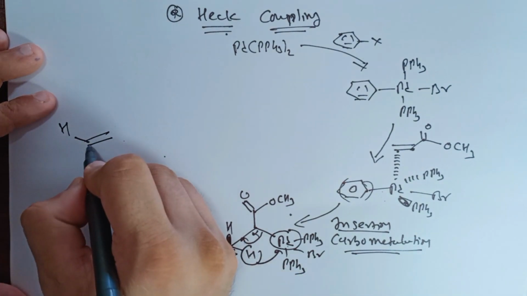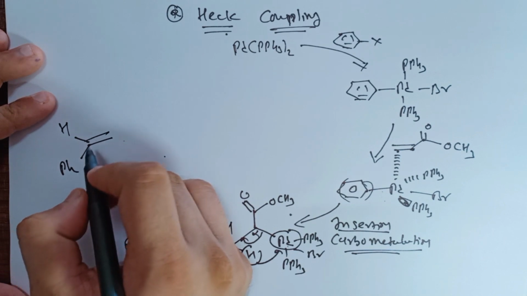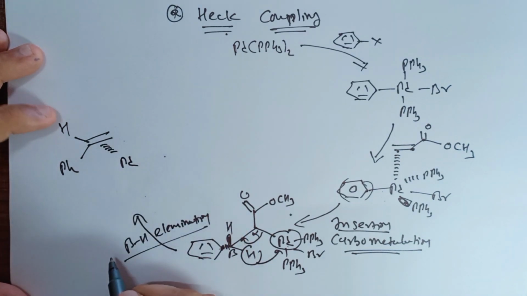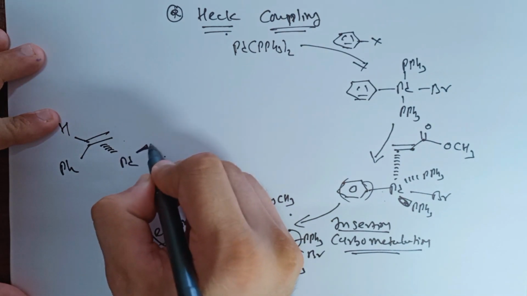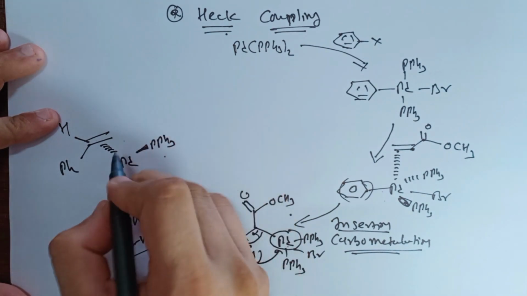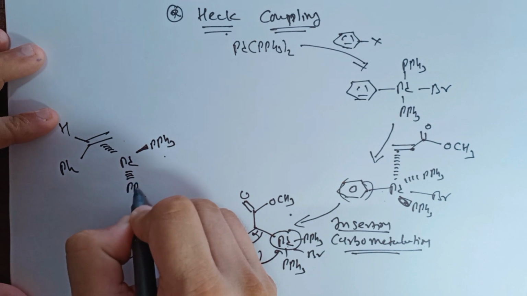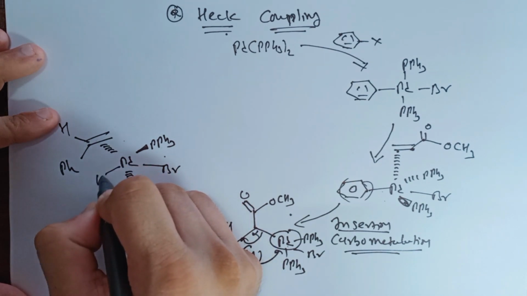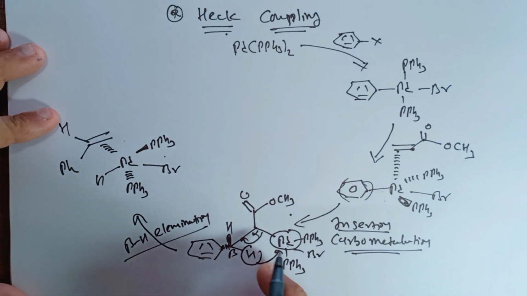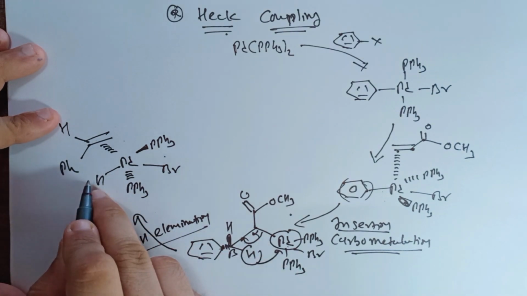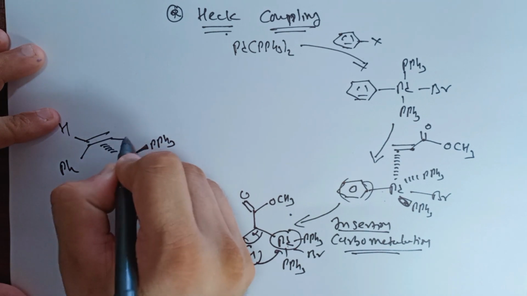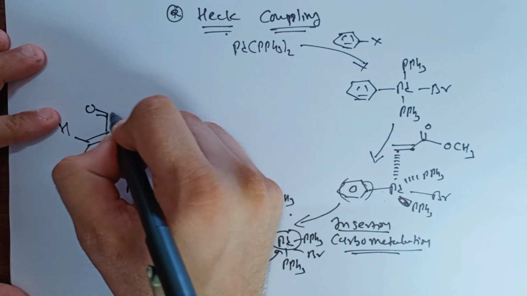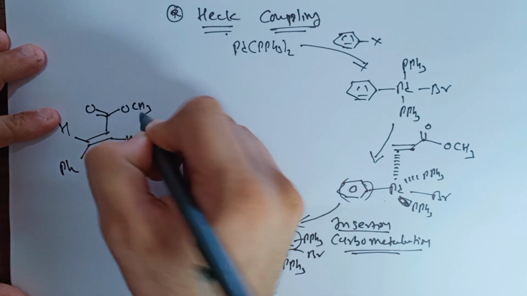I am writing an aromatic ring as a phenyl group over here. That is having a partial bond with the palladium. Now this palladium will be attached to the PPh3 group over here, one from the top side and one from the bottom side. This is the Br group from here, and the hydride that is eliminated from this compound is over here. So here we are having a hydrogen. Now this hydrogen is attached with the C double bond over here. Here we are having OCH3.